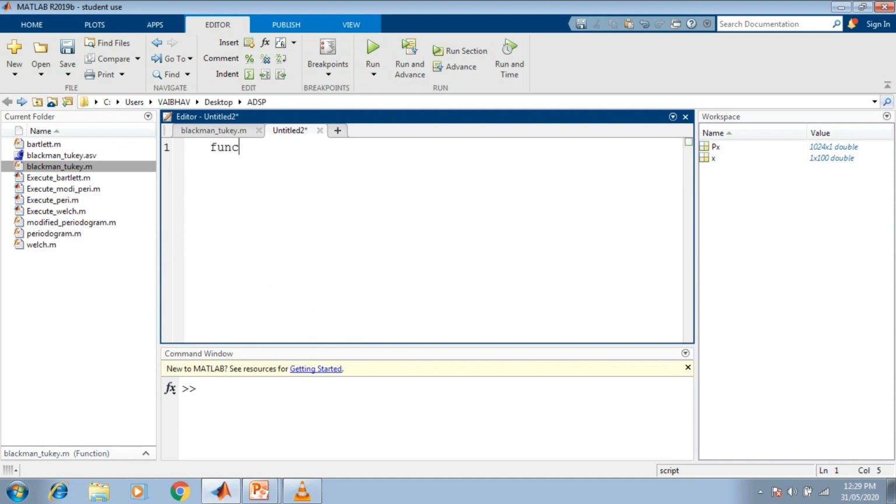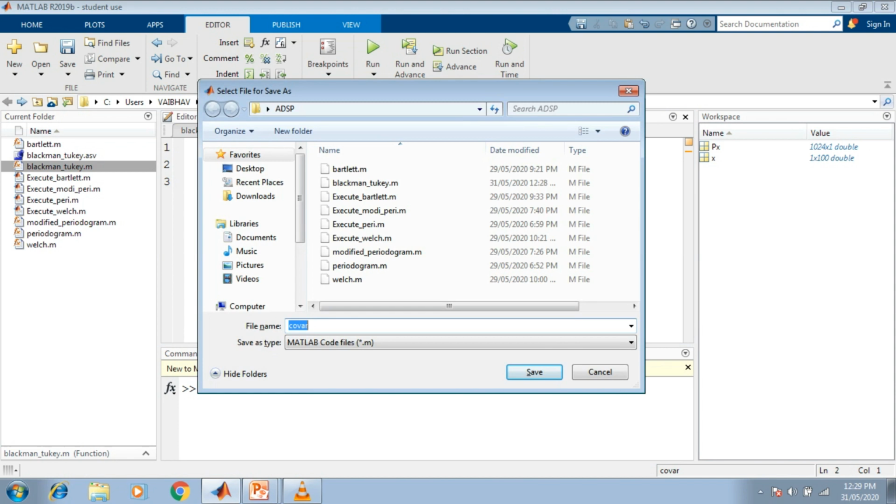We write first of all the function keyword, and thereupon we expect the output, as just discussed, by the symbol capital R. The function name is covar, and we provide the inputs to this function: x comma p. Here p will be the order of the matrix that we are going to work upon. Next I write the end keyword as well, and in between the function and end keyword we have to develop its body.